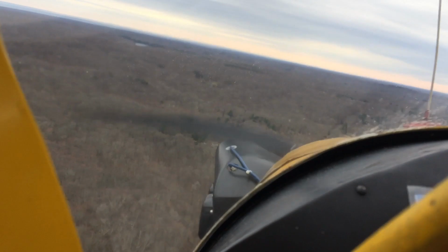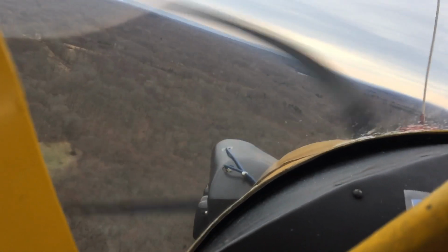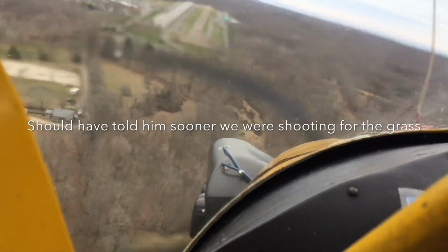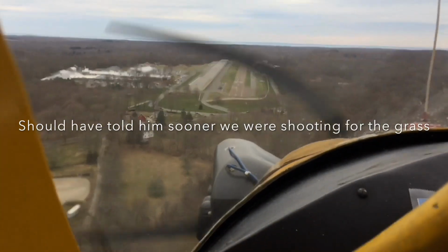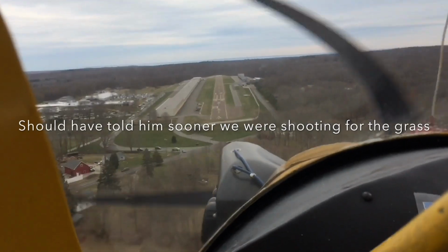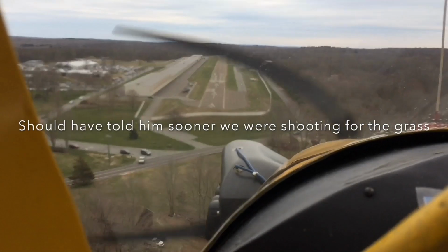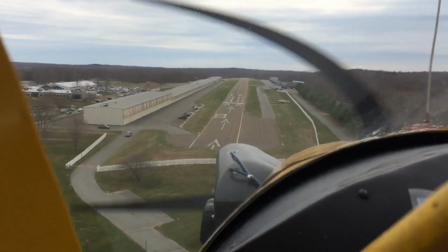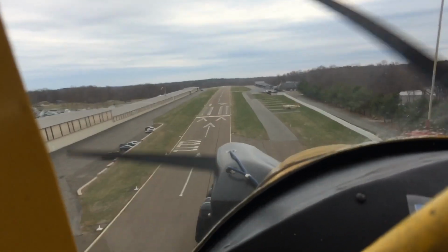Chester traffic, Cub 952, turning final runway 17, Chester traffic. Perfect. Alright, let's land on the grass. So, see the grass there on the right side? Yep. The one that's closest to us is narrow. The one that's by where the gas pump is, is wide, right? We're shooting for that one. So we're going to go a little farther down. We'll just add a little bit of power here. Add some trim in. You should have carried on down there. And it's 900 feet. We got plenty of space, as long as you don't come in at 80 miles an hour. If you just drag it on down there,